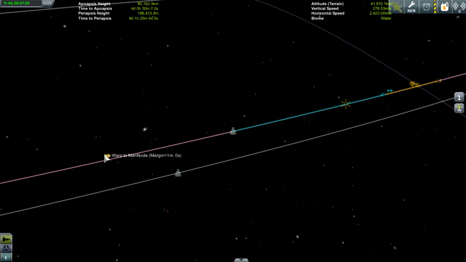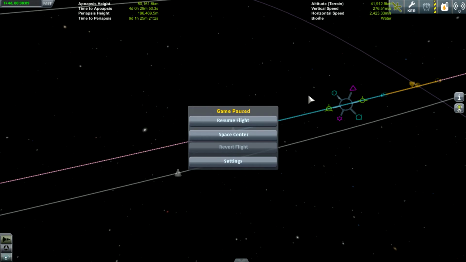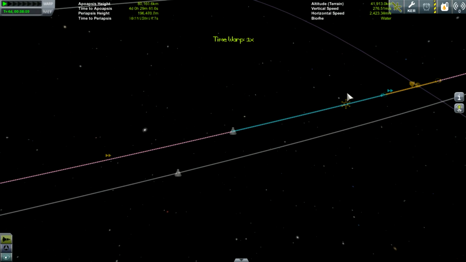Oh, come on. That's the wrong one. I don't want to do that. It doesn't give me the warp option right here. That's what I really want. I'm messing up. Come on. Resume flight. I'm resuming. It's not letting me delete it. All right, so here, we'll just...